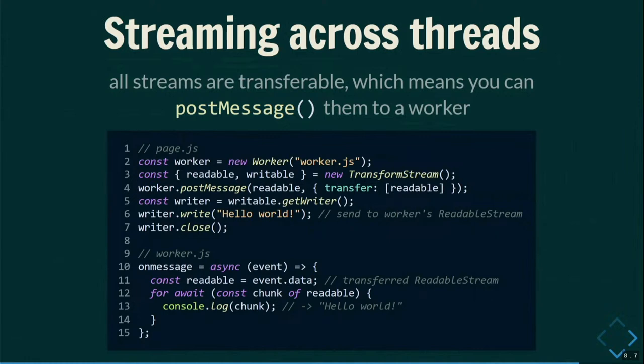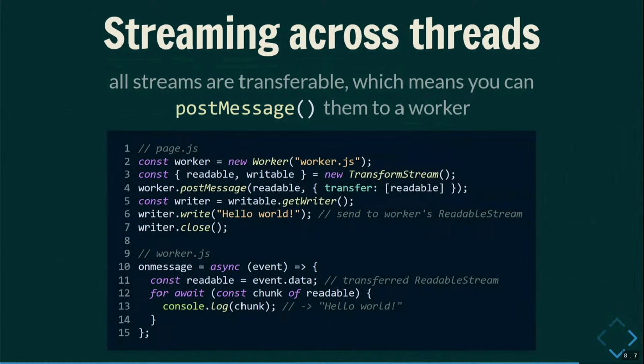So the way you would do that is transfer your stream to a worker. If you've used web workers before, you might know about the postMessage API. What you might not know is that the postMessage API also takes in a list of transferable items. The second parameter there says that for these objects, I no longer want to be using them in this context, on this thread. I want to transfer ownership of this object to the other thread. So here we use that to set up a pipe chain across threads, actually.